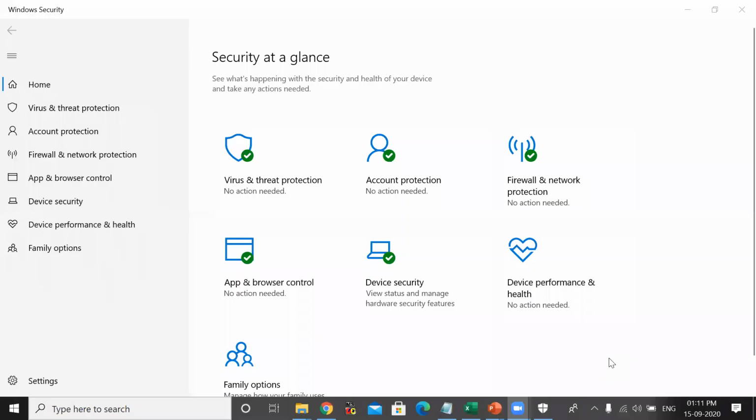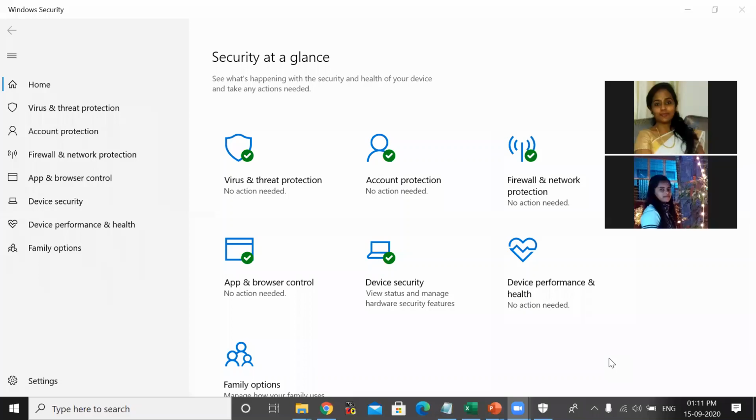Don't buy or use any of the free antivirus software like McAfee or AVG in your laptop or in your system where you have installed Windows.